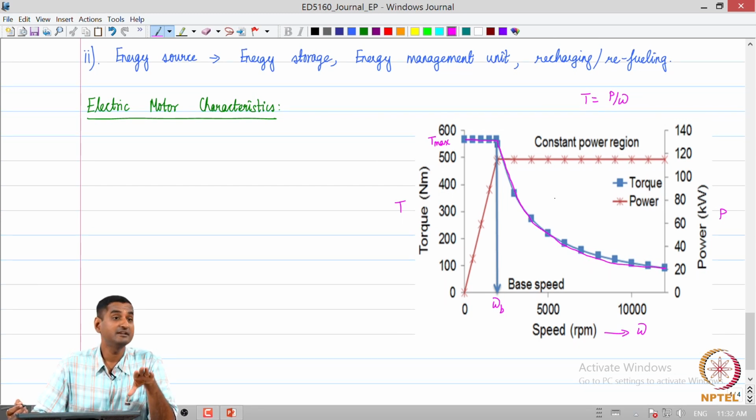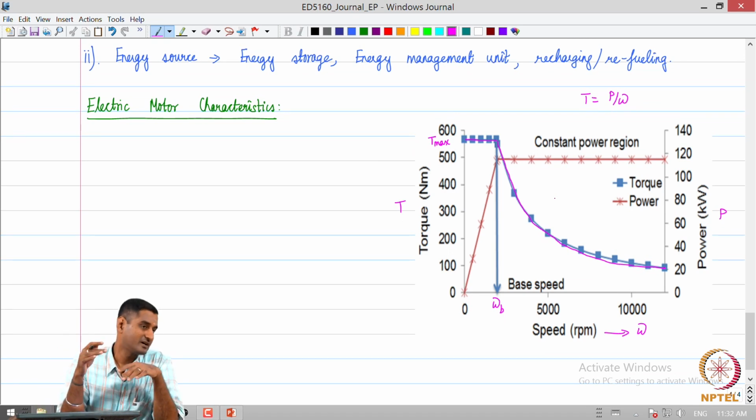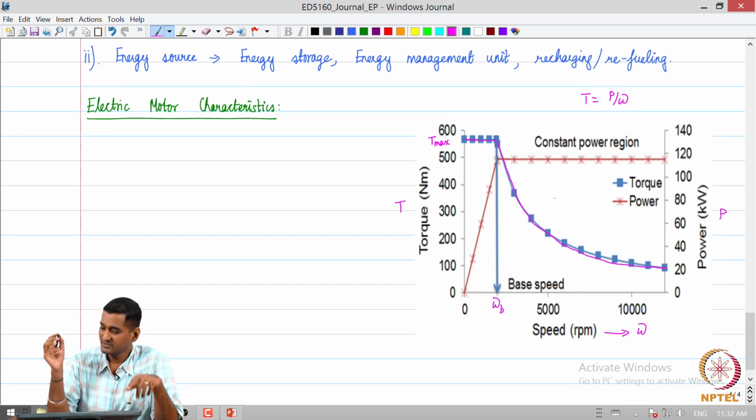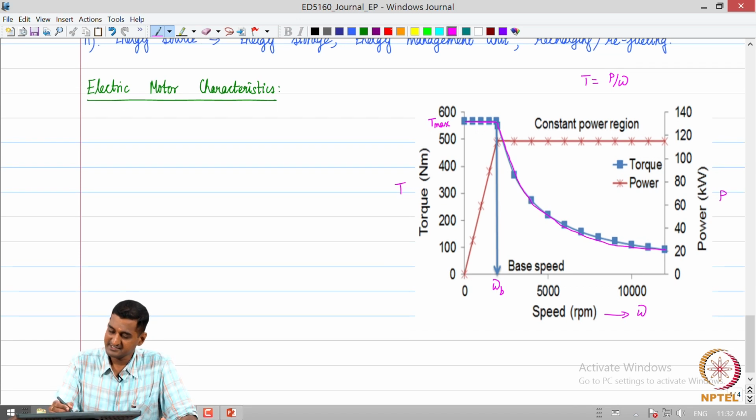So, this is a very nice characteristic of an electric motor, is it not? Because when we discuss the requirements from a powertrain's perspective as regards the characteristic of a prime mover, we wanted an ideal traction hyperbola. So, an electric motor beyond the base speed seems to have an ideal traction hyperbola. Okay, that is point number 1. We will see how this is going to affect the design of the electric powertrain.